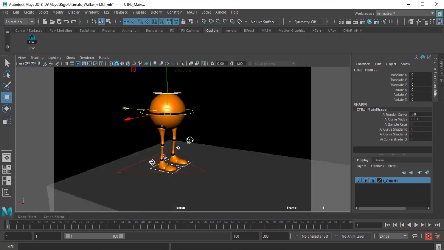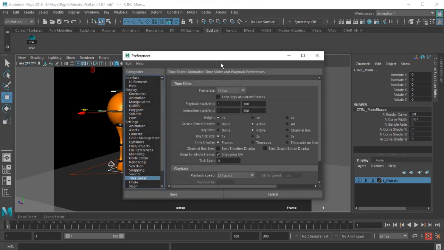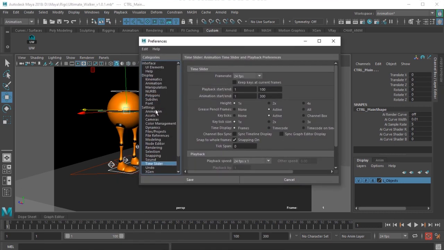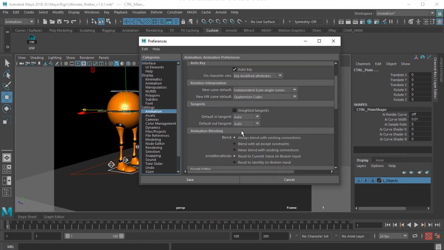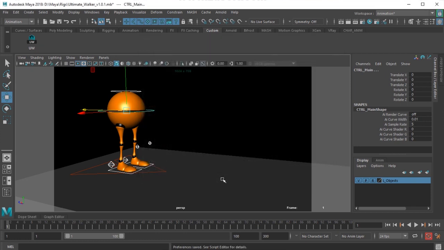So when I click that button, I select the controls. I'll go to settings preferences, go to animation, and choose default out tangent to stepped. Remember this, if I'm doing the blocking.